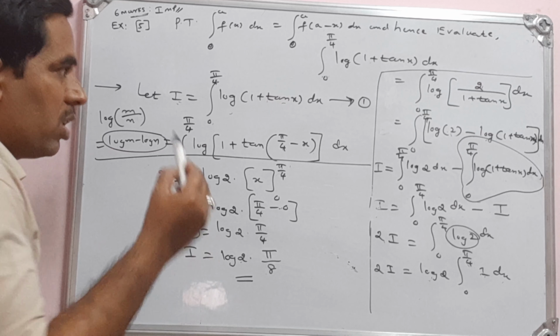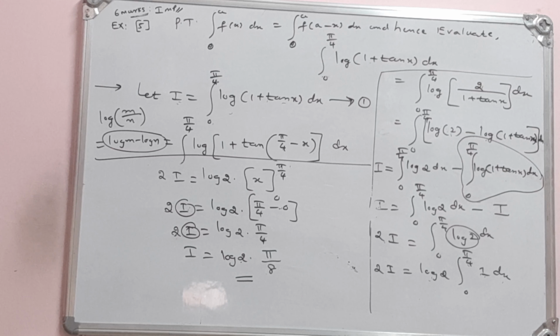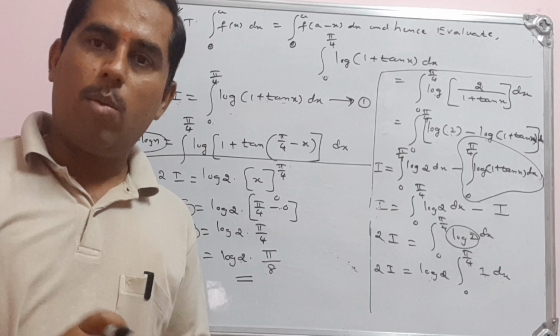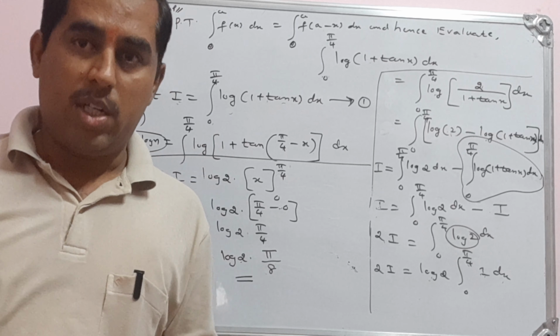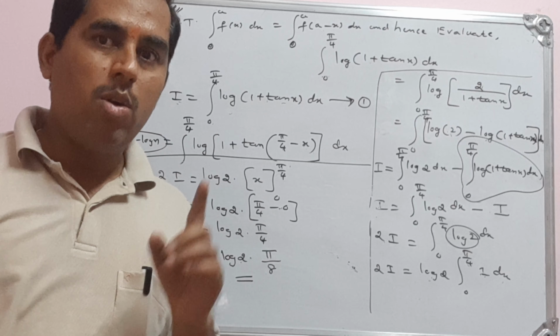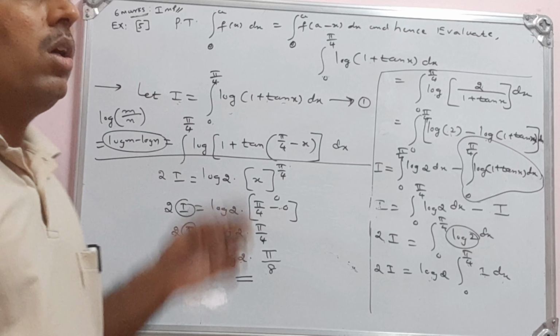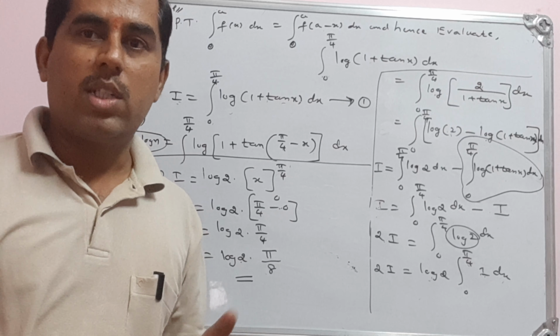So this is our fifth example. This also carries 6 marks. These are all the problems related to the properties. Along with the proof of the property, we have to work out one problem. In this session, we have worked out 5 examples. Let us consider some more examples in the next session.